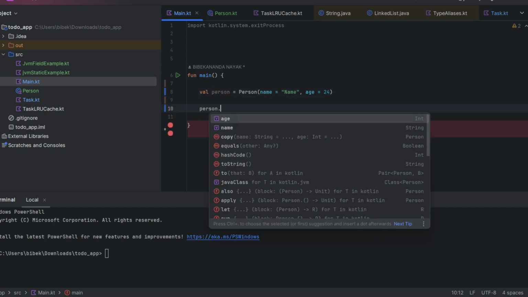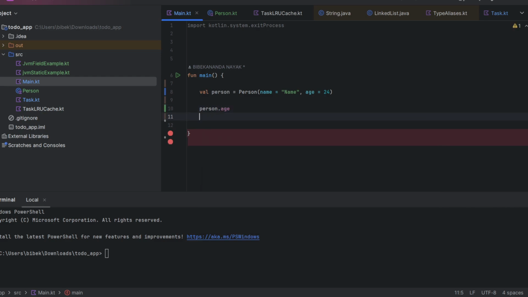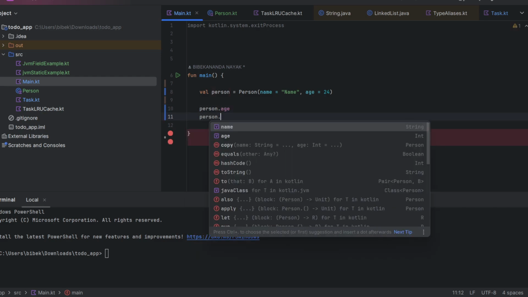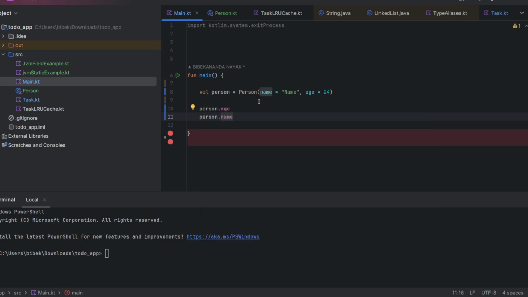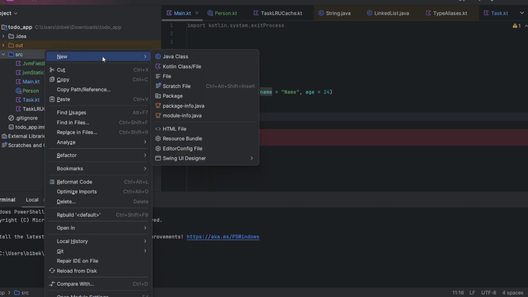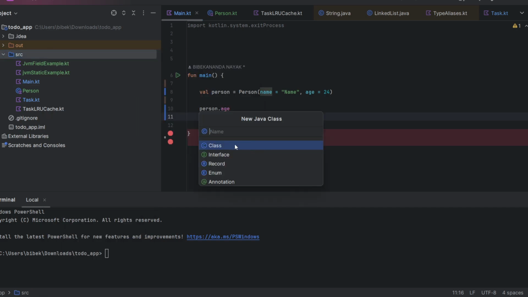If we want to access person.age, we can access it. We can access person.name easily. It is fine. But if we want to access it from a Java file,